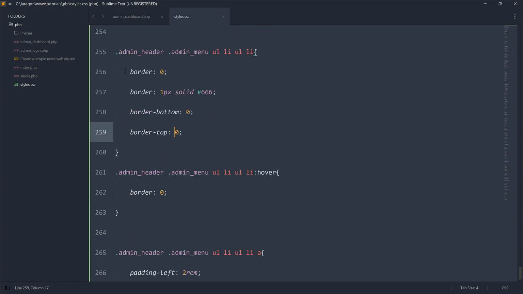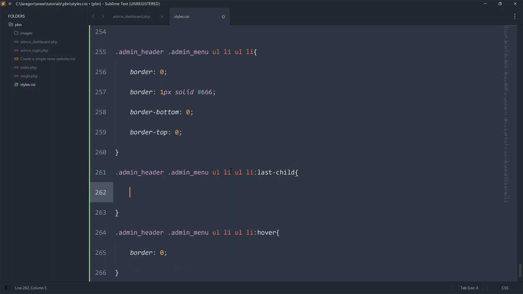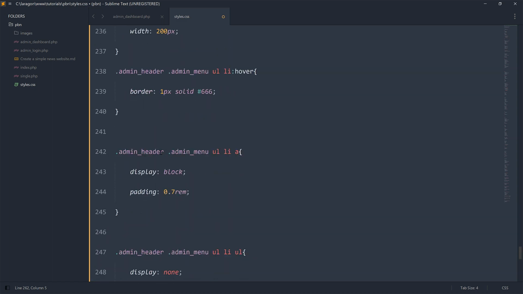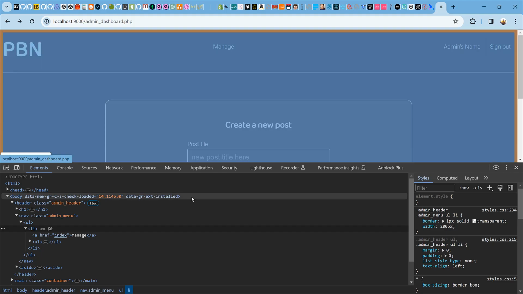So we can fix that by saying, okay, all these LIs last child, so that's the last element, and we could now give that a border bottom. So the last element border bottom should exist. If we check that now,